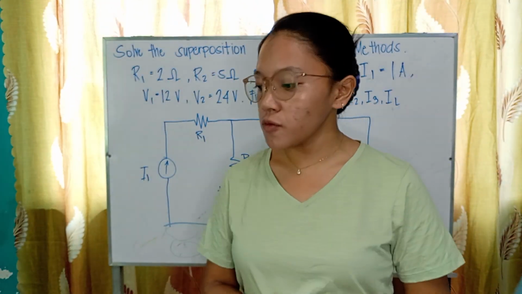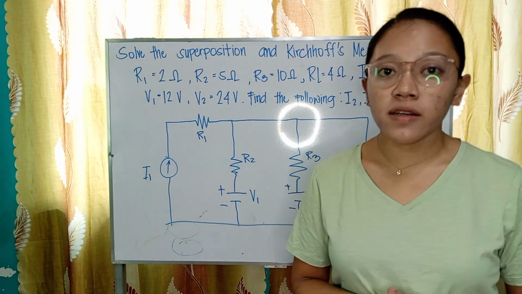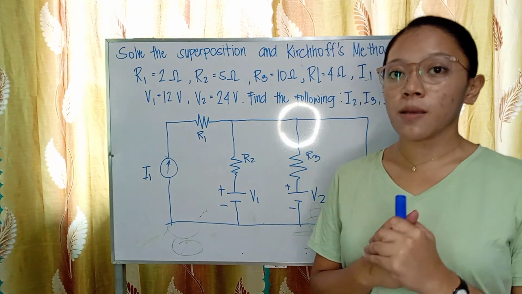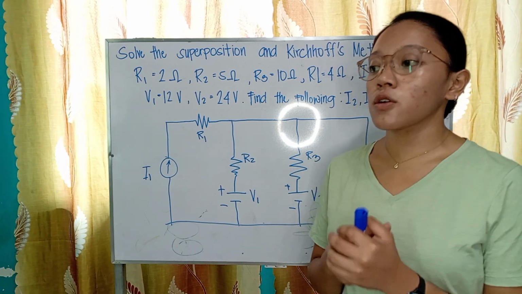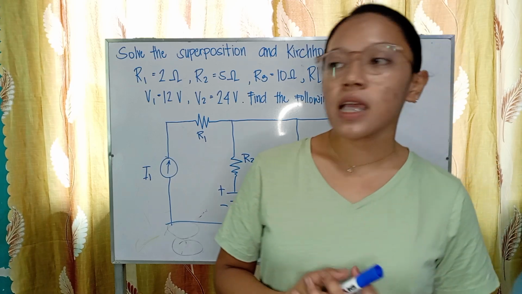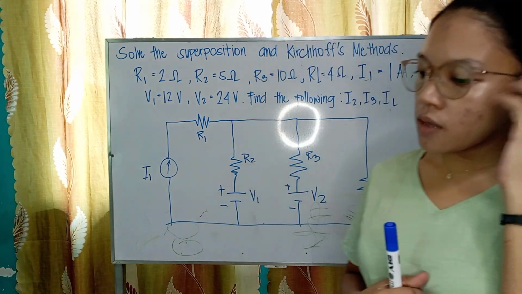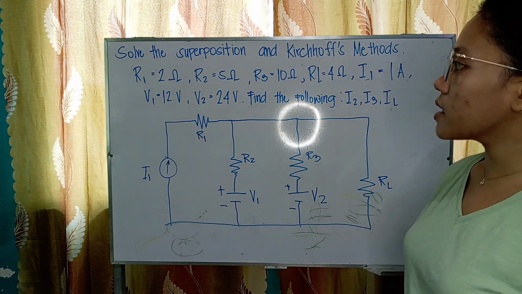Now we'll be solving a problem about superposition and Kirchhoff's method. The problem involves solving the currents, which are I sub 2, I sub 3, and I sub L, using the superposition and Kirchhoff's methods. The given data included here is